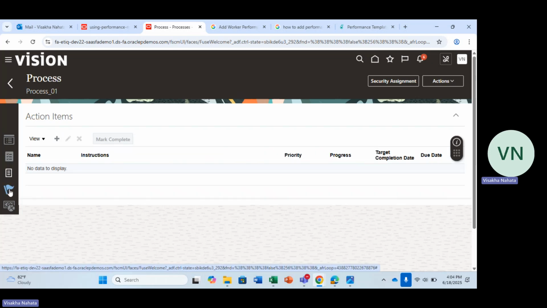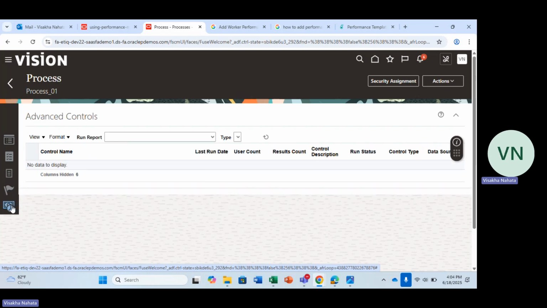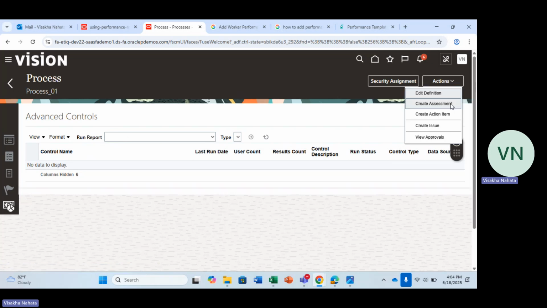Then there are action items, then there are issues. We can also relate advanced controls from here. If I want to edit the definition and everything, view approvals, we can do that. We can create an issue. I can create an assessment.